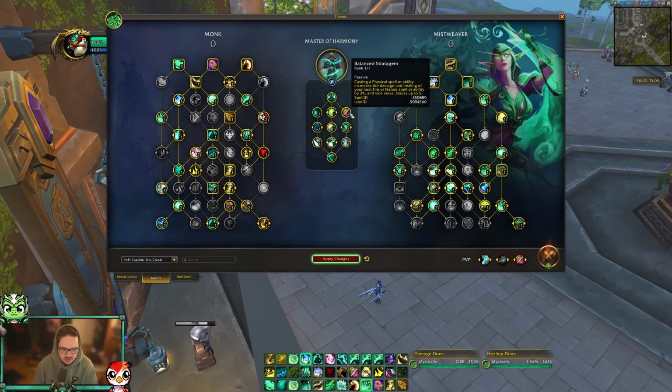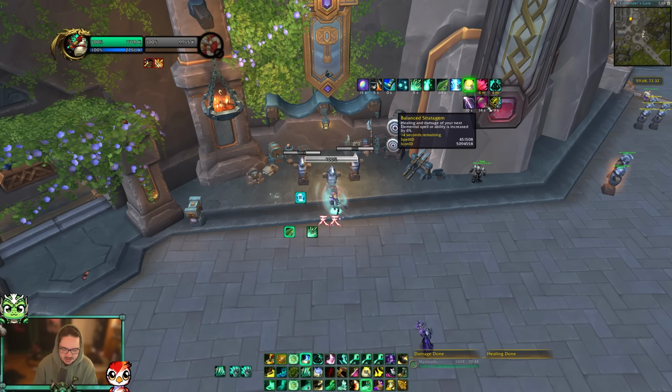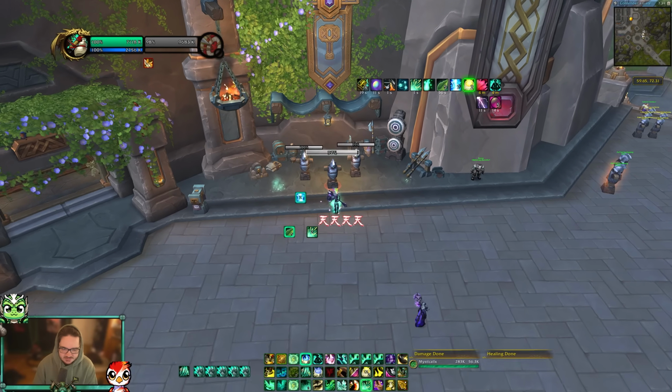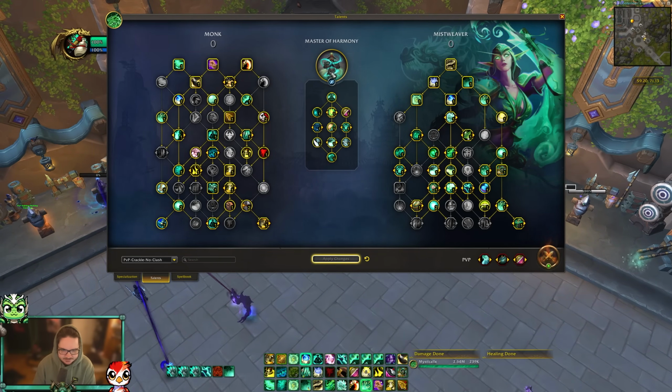Whenever you do physical damage, you get a buff that increases your nature damage, which is your Crackle. So right here, if I'm doing Tiger Palm, the damage of my next Crackle is increased by 15% essentially, which is pretty cool. That actually is nice. It's going to be hard to just weave in physical damage, but yeah, essentially Master of Harmony,